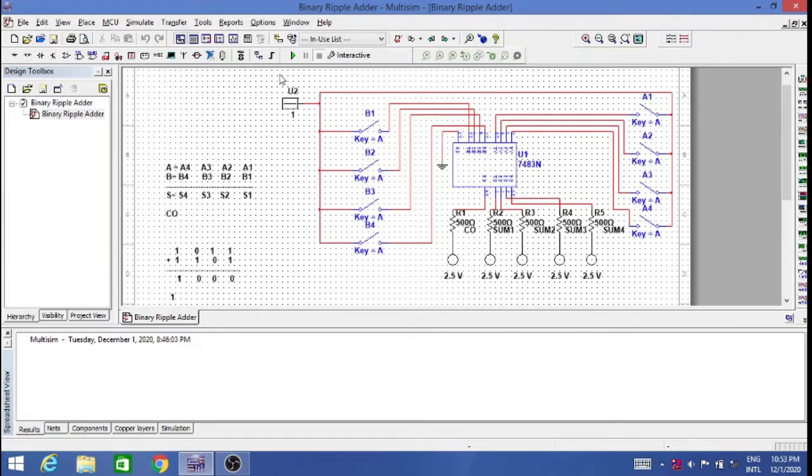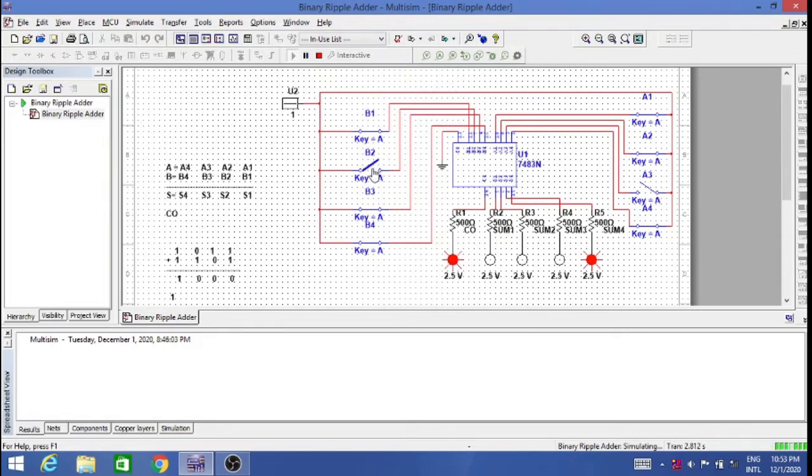So I'm starting my simulation process over here. I started the simulation. Now I will start with a1. So a1 is 1, then a2 is 1, a3 is 0, a4 is 1. I'm putting that, and then coming to the b side, b1 as 1, b2 as 0, b3 as 1 and b4 as 1. You can see carry out is 1, so I got carry out as 1 over here. And I'm getting s4 as 1, so sum4 is 1 over here. So this is how the 4-bit adder is working.